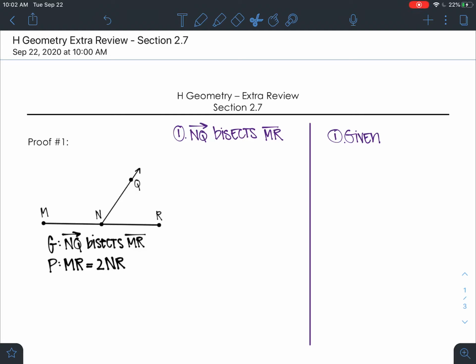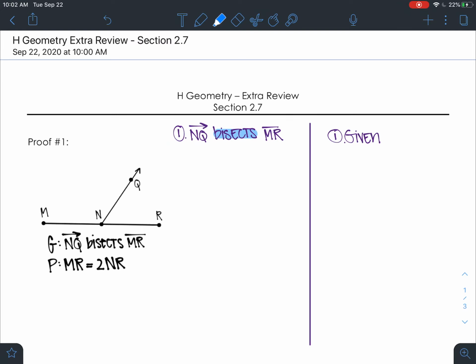All right, class, let's go ahead and just start working through these proofs on the Extra Review section 2.7, okay? So I've already written the given here for the first one. It says that ray NQ bisects segment MR, and we have to use the definition of a